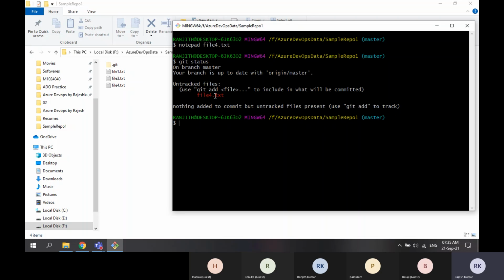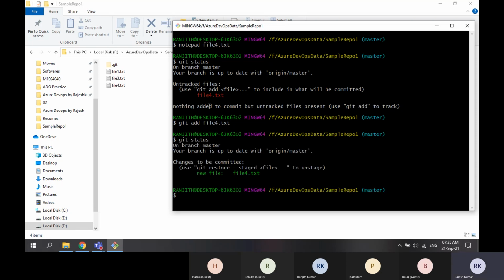So this is in untracked mode. If I add file 4.txt, it is staged now. That means this is the working directory and this is the staging directory. Wherever you are working, those will be in red color, not tracked. Once you move them to the staging directory, they will be in green color.